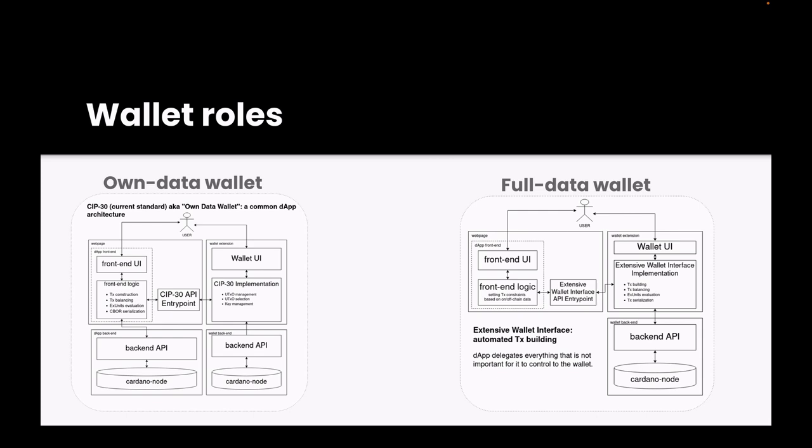An own data wallet is essentially what you have today with CIP-30, where the wallet can return information to the DApp about the user's data and the wallet's own state. As opposed to this, CPS-10 introduces this concept of the full data wallet, where full data wallets basically are own data wallets which also gain a wide variety of queries over global blockchain data. Many DApps actually need this information and currently rely on third parties to fetch it. But this introduces the issue of having to keep track of this global blockchain state and the local state of the wallet.